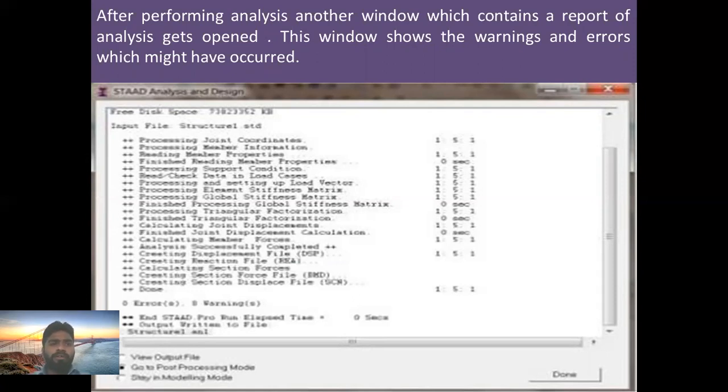This is the report that comes after analysis. You have to cross verify this report by manual calculations. You have to take one or two elements for the cross checking only.